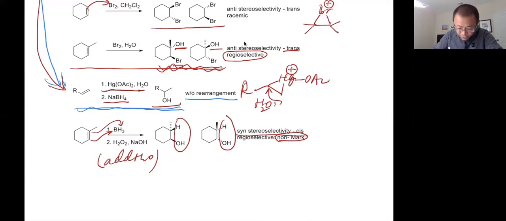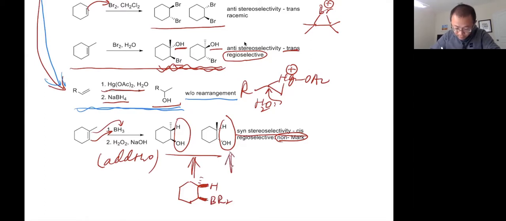So basically, these two came from this intermediate. For example, hydrogen, boron is added to that carbon. Of course, this guy came from